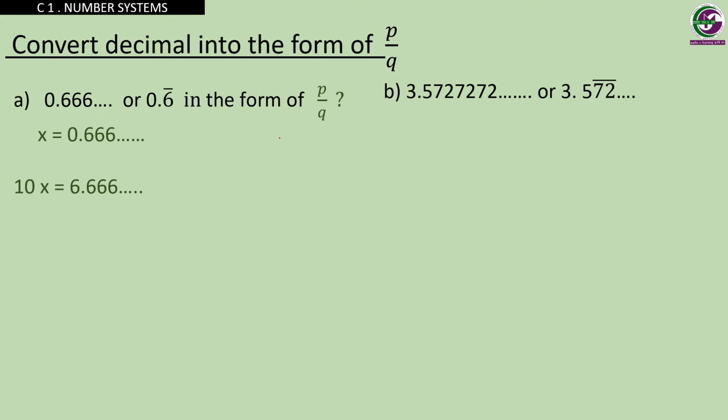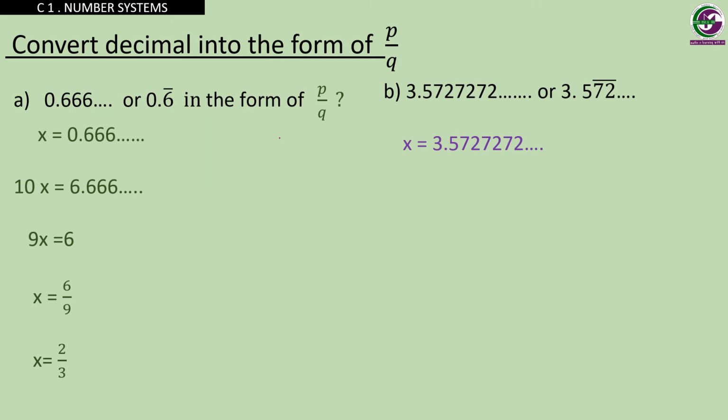So you will get 10x minus 1x is 9x, and on the right side after the decimal both of them get cancelled and 6 minus 0 is 6. So you get the answer x is equal to 6 by 9, and of course you have to simplify, which is 2 by 3. Let us see another example,